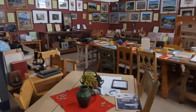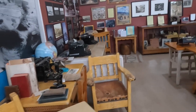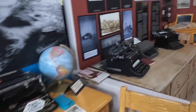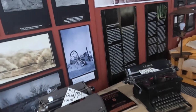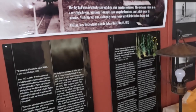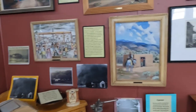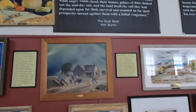We boast claim to the largest collection of WPA artifacts in the state of New Mexico. The Dust Bowl hit this area super hard. We were a farming or ranching community at the time, and the men were very prideful individuals. The rain stops, the crops have all died, and our cattle are starving. People could hardly afford to feed them any longer. So our superintendent at the time, Mr. Huff, he goes up to Denver and he gets funding